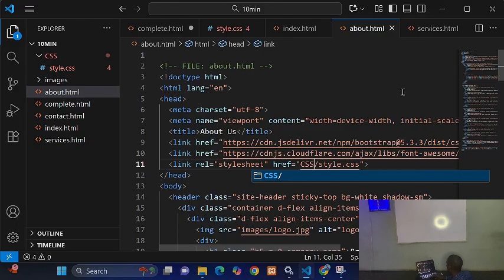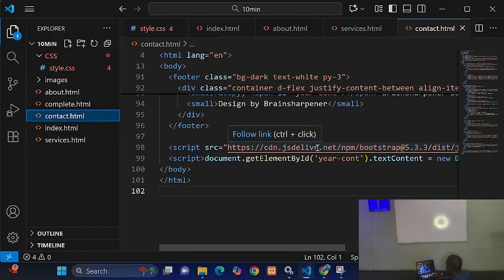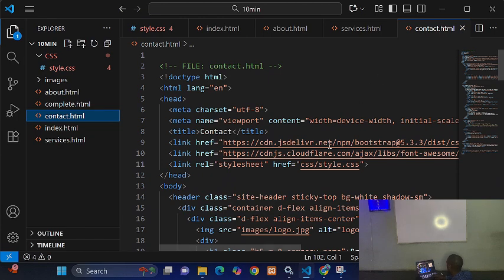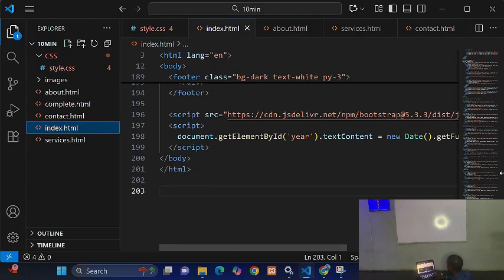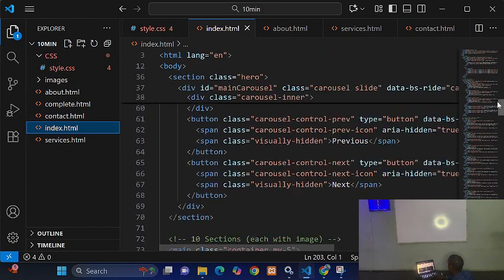So we save it. The same thing goes to this place. We open this one. My time is going. My time has 1 minute left. So I said CSS. I save it. CSS. Then we come to this index page. I say again